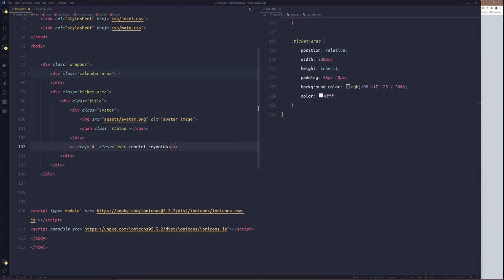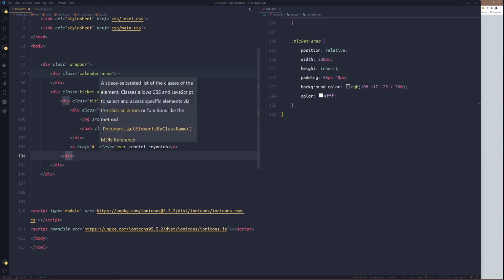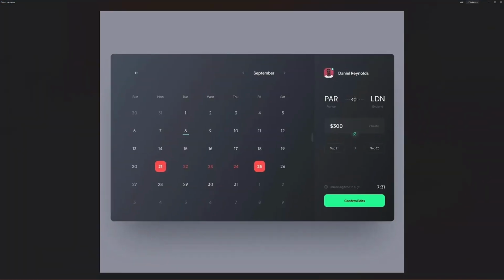Clicking on this anchor tag could carry us to a user profile or something in a big application. But we just assume that's what it could be. So that's for that.